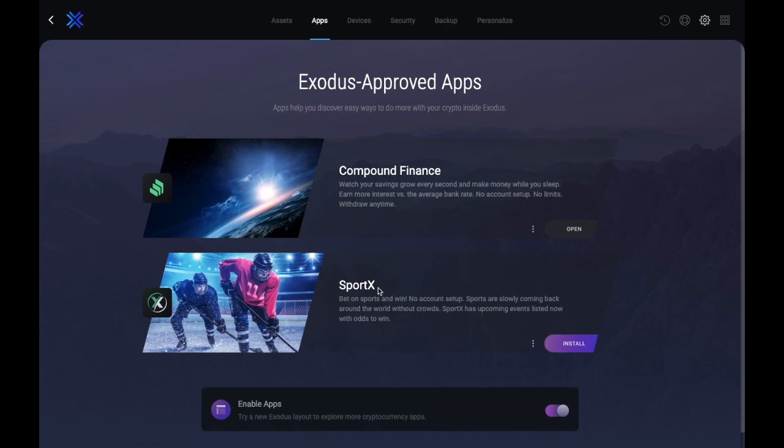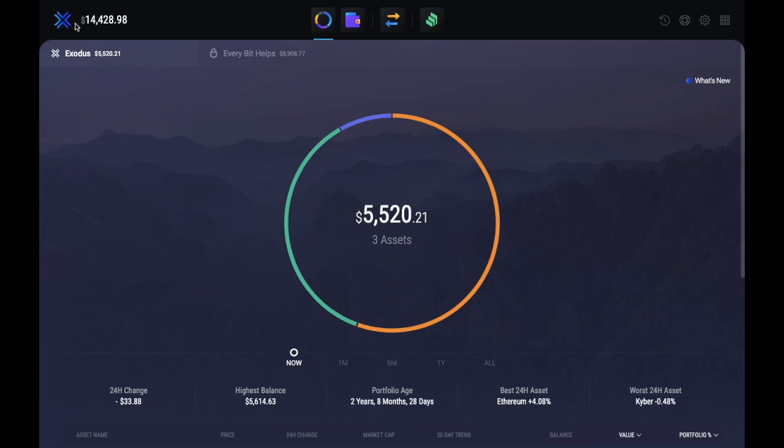Then once you've installed, you can click on to open from the screen. Or you can click onto the Exodus icon in the top left-hand side of the screen, which will take you home. And from here, you'll see a few apps appearing at the top of the screen, with more being added soon. So if we go ahead and click onto Compound Finance,